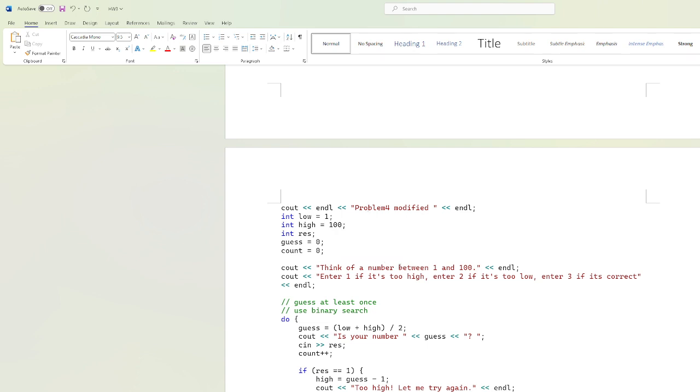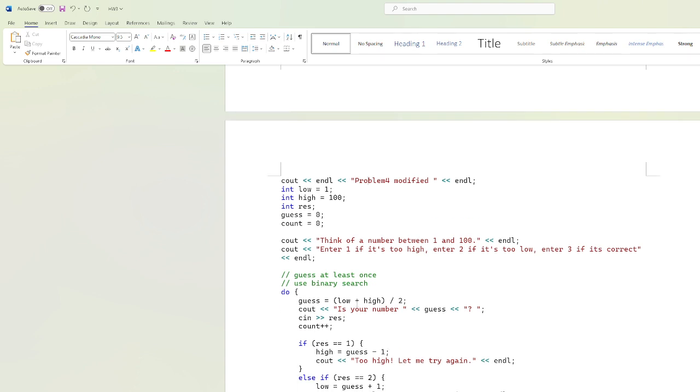So the person thinks of a number from 1 to 100, and then the computer will guess. Each time, the output says whether the computer's guess is too low or too high, and the computer will guess again. For example, the number is 65 and the computer guesses 50, and then it will continue to guess, reset its low and high boundary, and search from 51 to 100, and here it gets the average value, maybe 75,